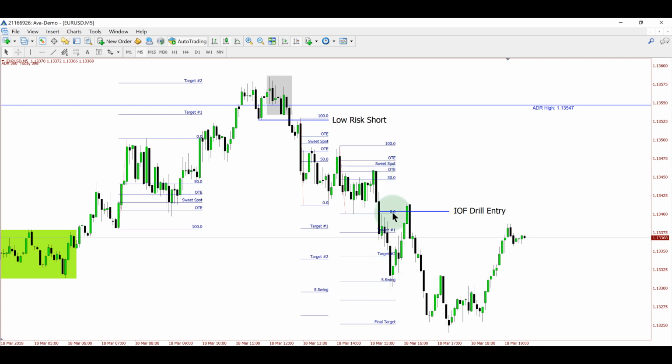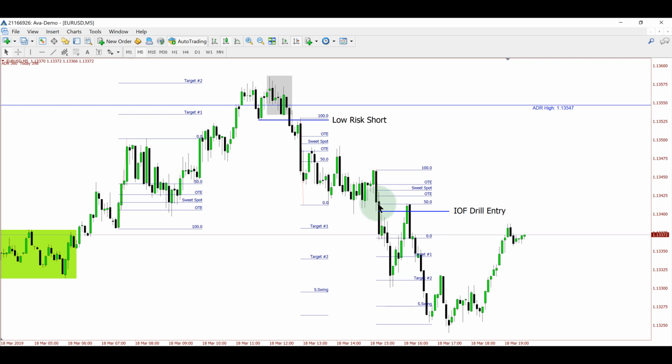We have another one, which I don't have on the chart, but it's here to here, and let's just outline it right there, and